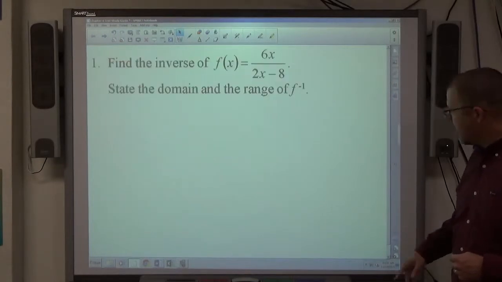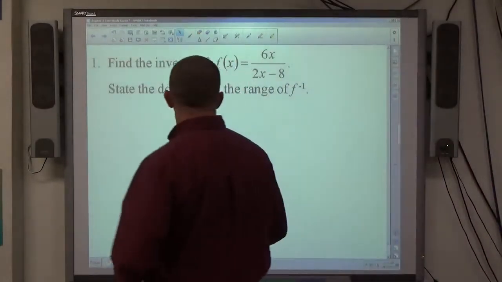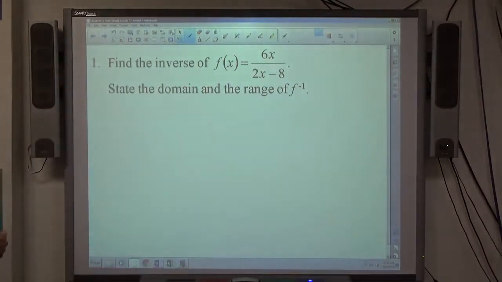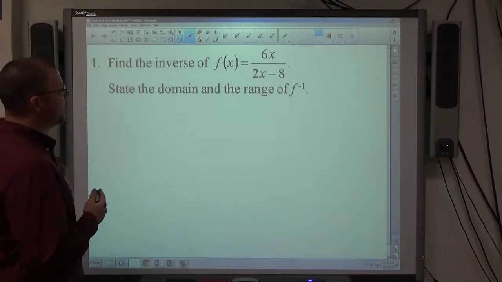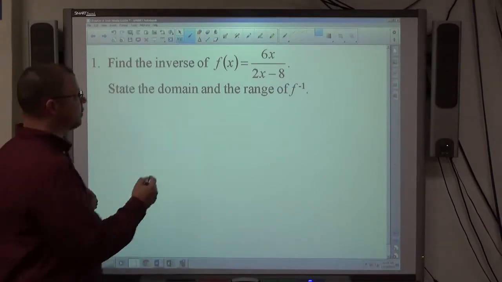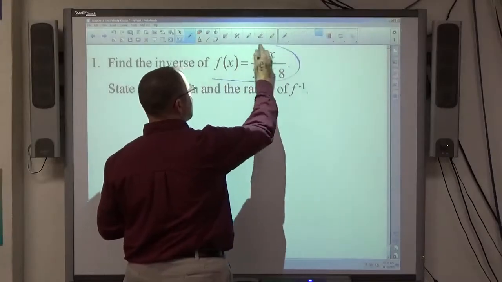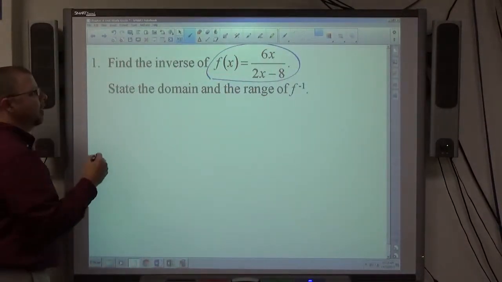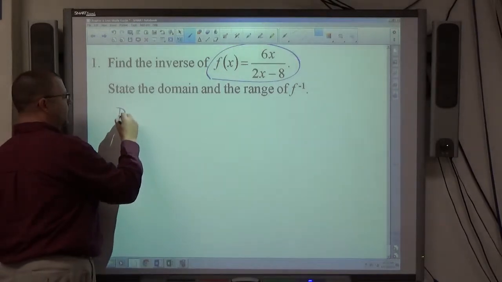So, number 1 says find the inverse of f of x equals 6x over 2x minus 8. And it also wants the domain and range of f inverse. So what I would do first off is establish the domain and range of this function, f of x, and then the domain and range of f inverse, just swap direction of those. So if I look at the domain issue here,